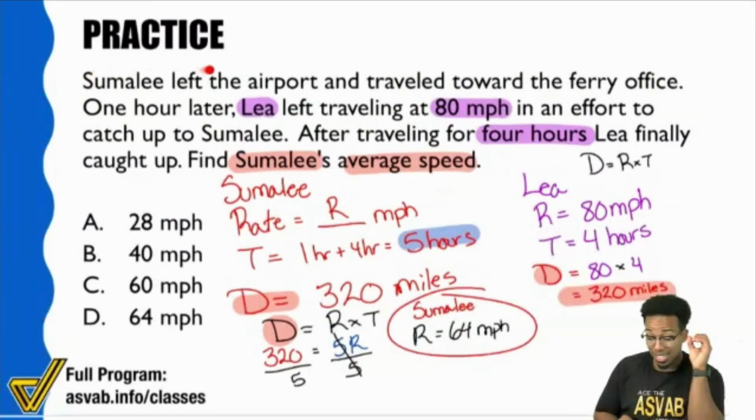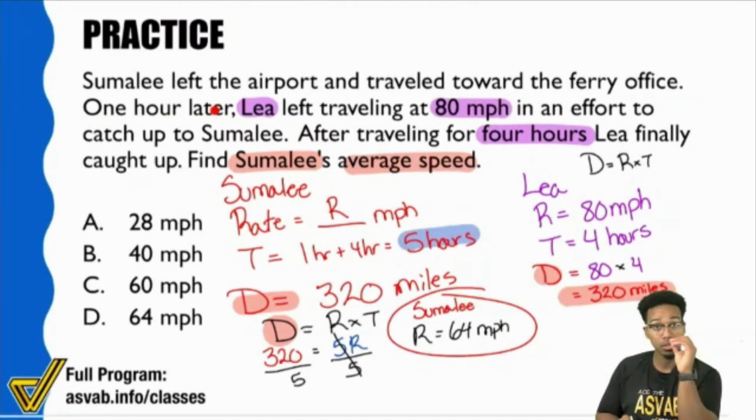So Suma Lee is leaving the airport right now, okay? Suma Lee leaves the airport to go to the ferry. I don't know where she's going. I don't care where she's going, but she's traveling somewhere. She leaves from the airport. Sounds good. Still 0 time. She's just left. Next, 1 hour later, in reference to when Suma Lee started, Suma Lee has now been driving